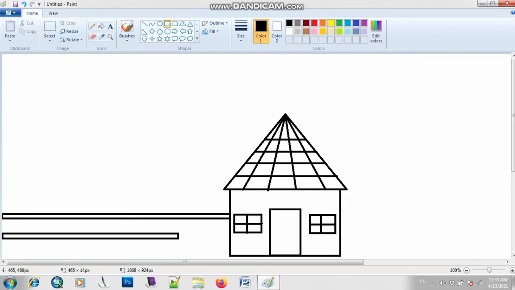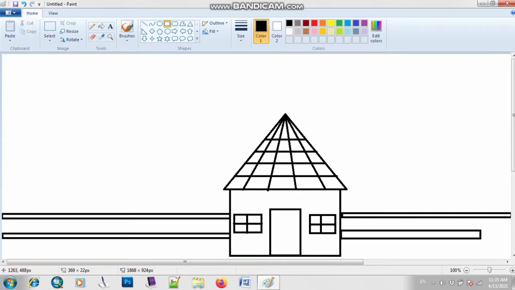It's a kind of line. Okay, the same on this side also. And in this way you can complete the lines so that it will look nicer.